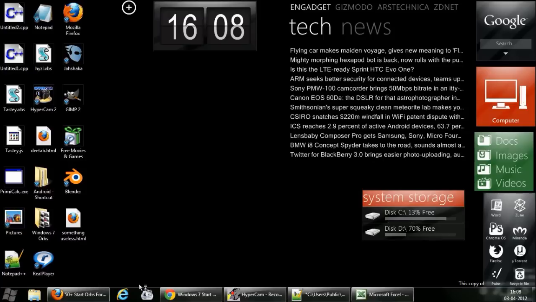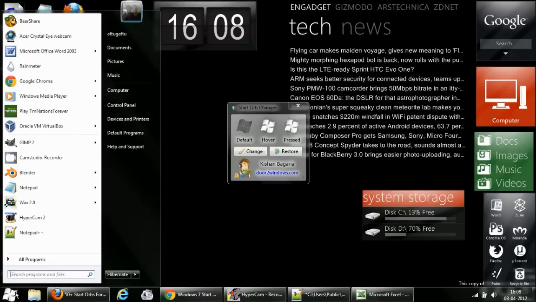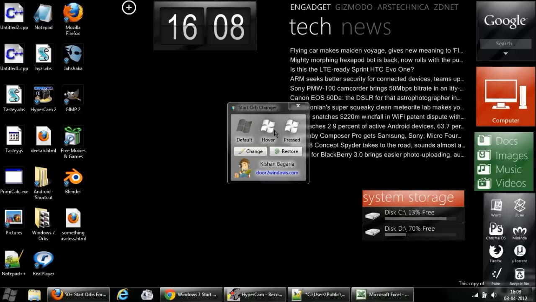One thing I wanted to tell you, I'll explain. As you can see, this is how it is. Default, which is right now how it looks. When I hover over it, it'll become the second picture here. And pressed, it becomes the third picture, which is the same, but you can put whatever you want.